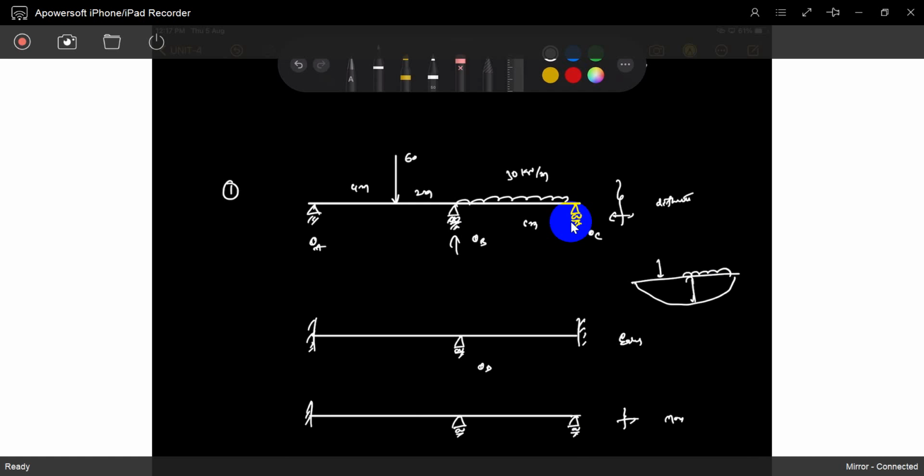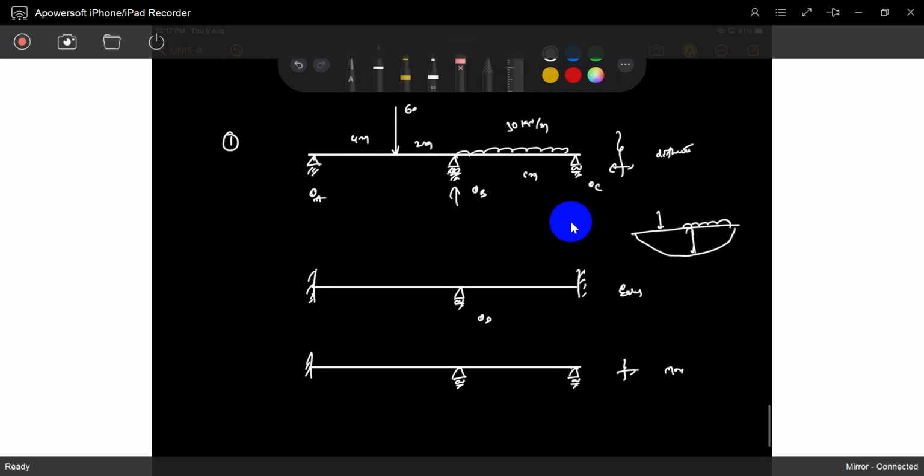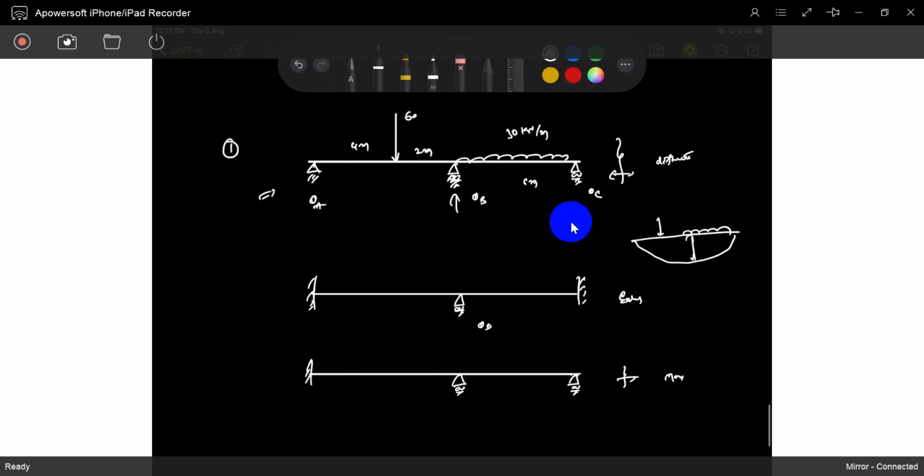But if you see the same in force methods, we already solved them. In force methods it is very easy, because there is only one indeterminacy. This is somewhat moderate, this is very difficult. It is a fixed beam. We solved some of these, because it has one indeterminacy, two indeterminacy, three indeterminacy. Understood? Differentiate between force methods and deflection methods.